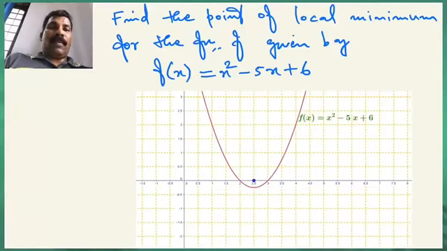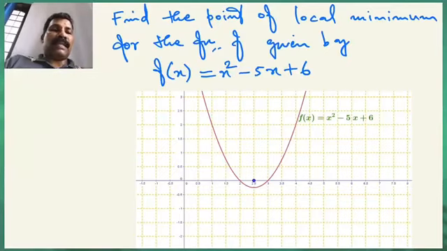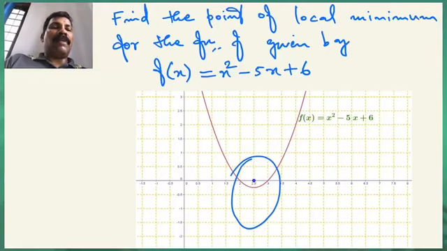Consider a problem. Find the point of local minimum for the function f given by f(x) = x squared minus 5x plus 6. As the graph shows, the graph is a parabola and it has a minimum value at x equals 2.5. Graphically it is very clear, that is x equals 2.5, which is here a point of